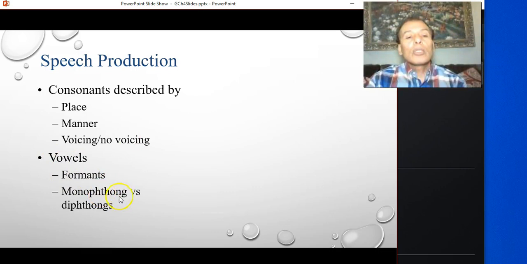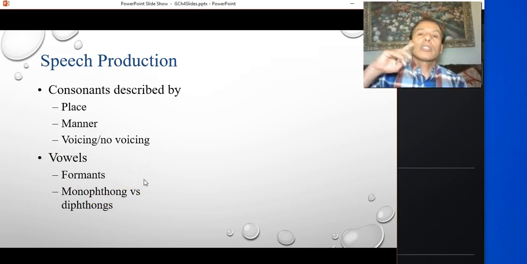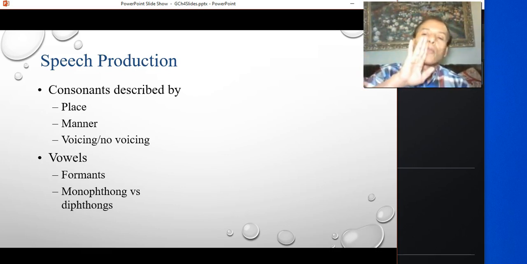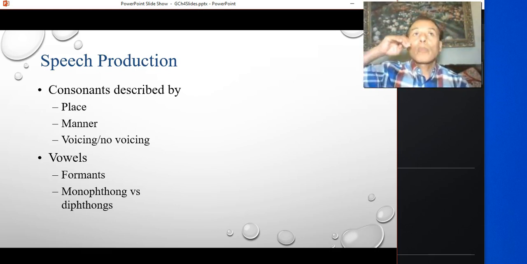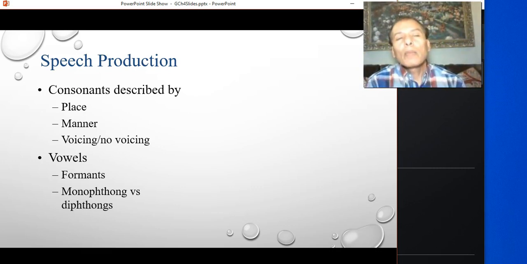And vowels, we describe vowels using 4 criteria. We say, for example, it is a low, back, tense, unrounded vowel, based on the tongue position. Is the tongue up or down? Is the tongue advanced in the oral cavity, or is it back? Are the lips rounded or not? And does the sound require more muscular energy, meaning tension or not, tense or lax.